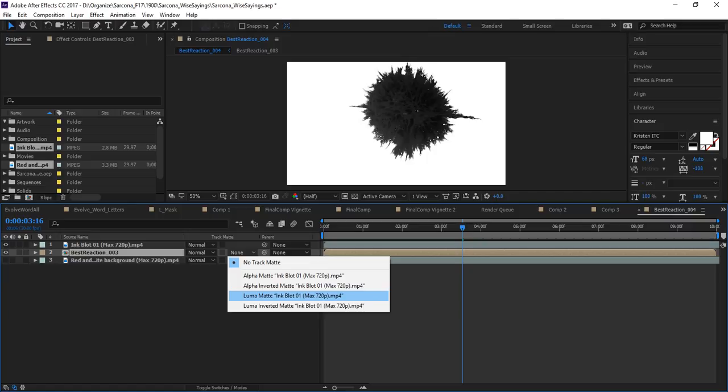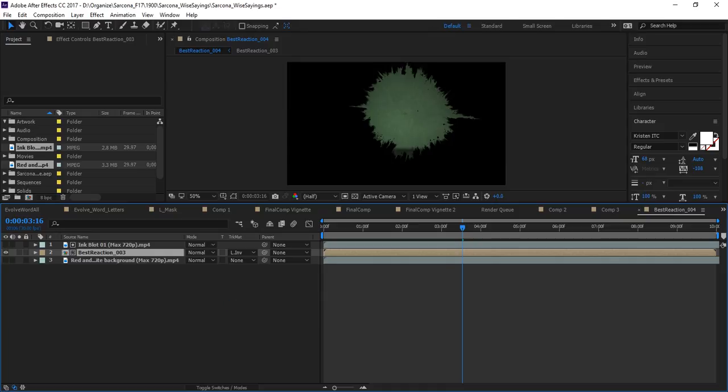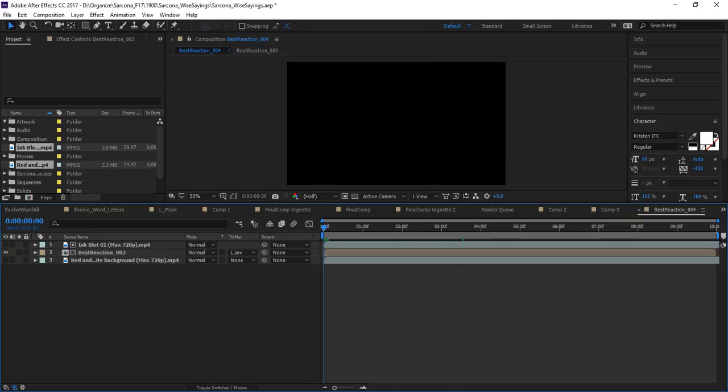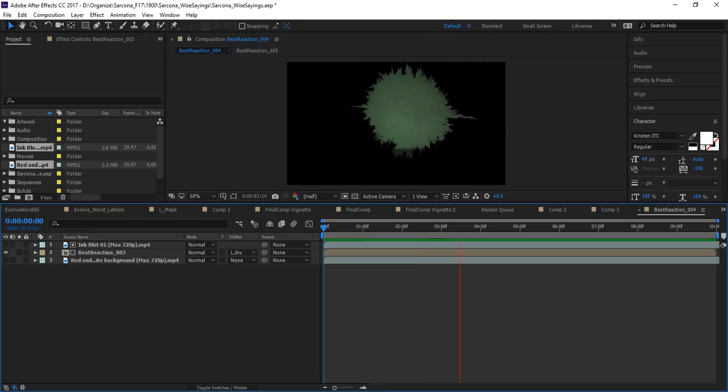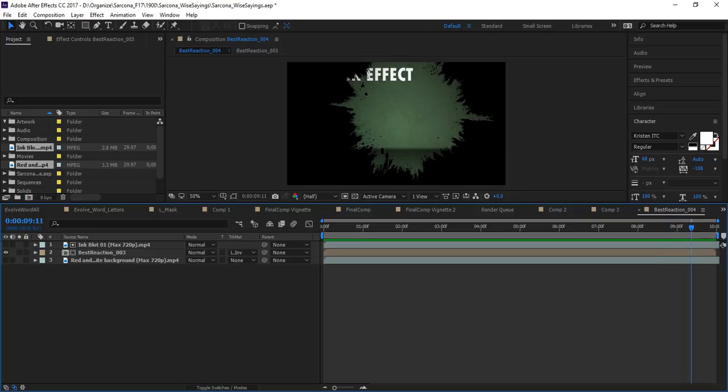Okay? Now I actually want to invert my luma matte so that it's the opposite, because I want the black area here to be where I see my stuff, not the white area. Okay, so now watch this. So what it's doing is it's actually like a mask for my items growing into it. Okay, now what's really cool about that is I can take that blotch, I can duplicate it, offset it, rotate it, move it around, and create several blotches